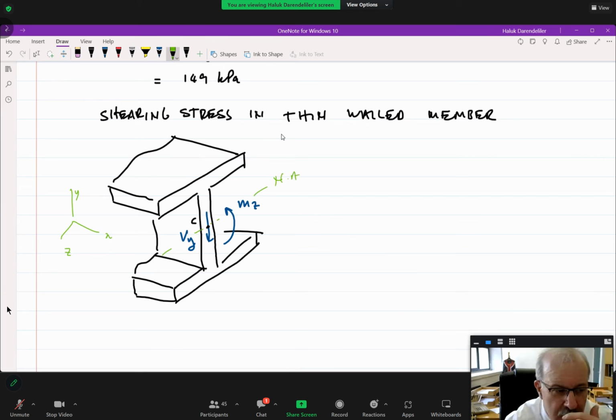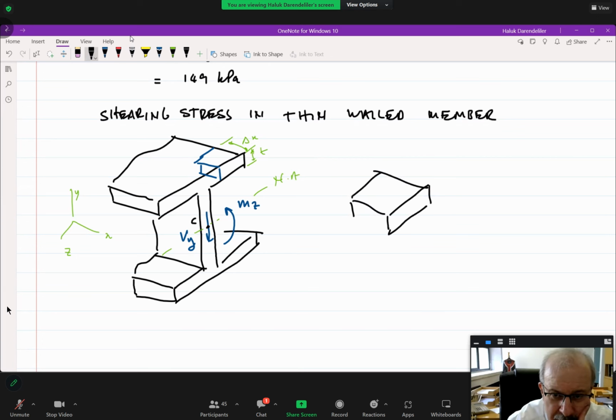Now look, please look carefully. This is not a cross section, this is a cross section of the beam, but it continues, just a portion. Now, if I remove a portion from here, this time the situation is a little bit different. I'm just removing such a portion from here. Say that this distance is delta x, because this is along the x-axis, and this is the thickness of the member. Look, if I isolate this portion from the remaining,